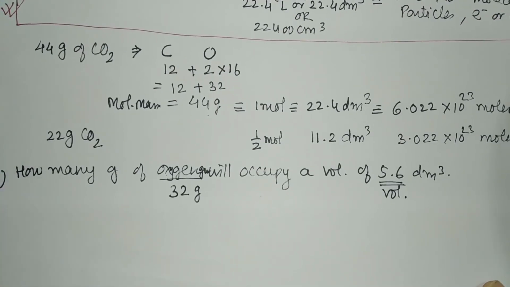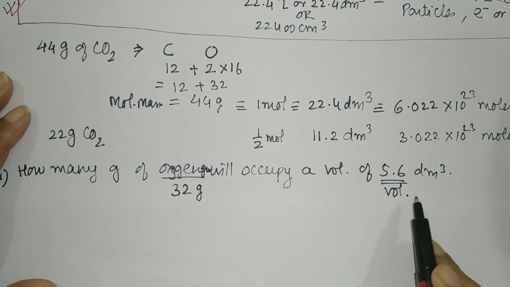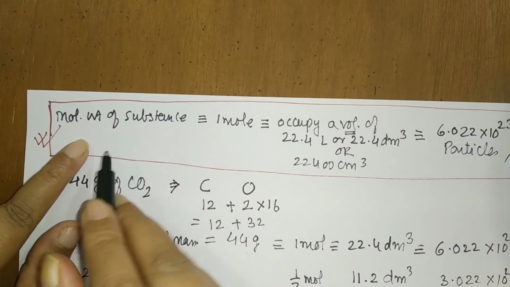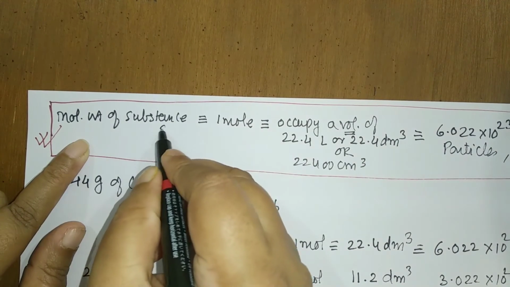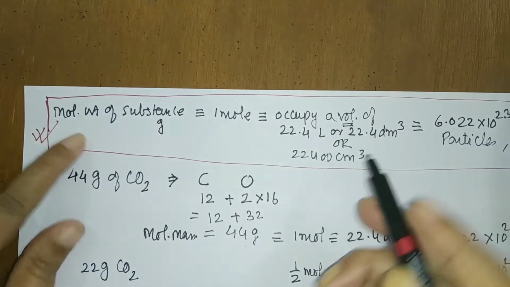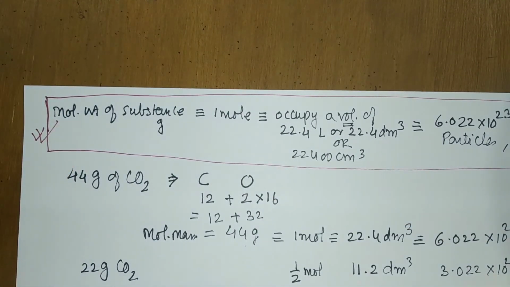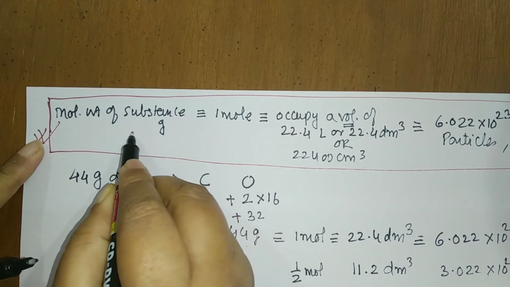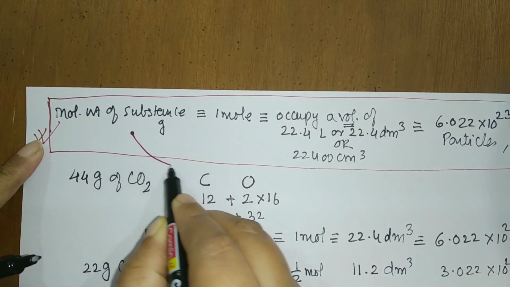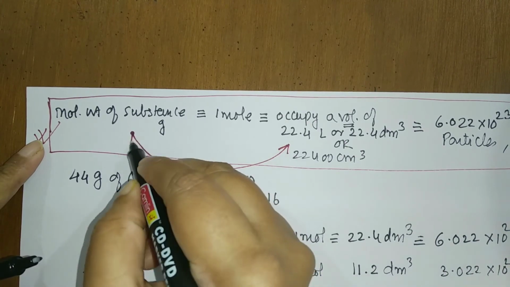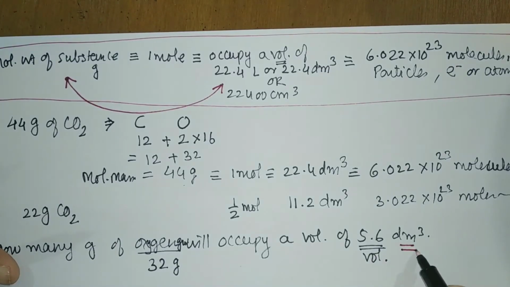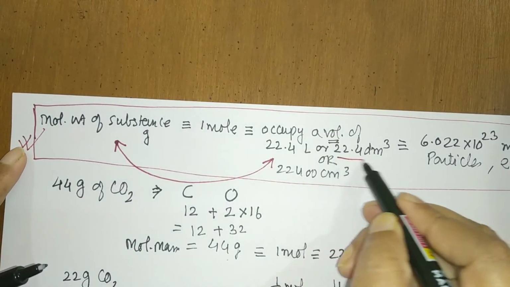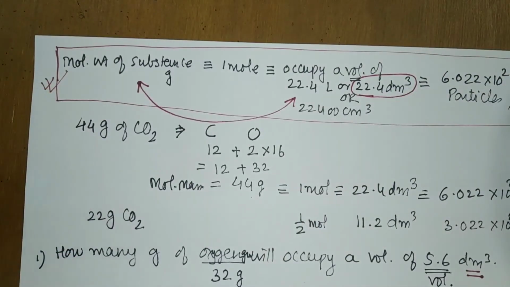So what will be my standard equation? Will be gram and volume. If I see here, which is this molar mass must be in gram and volume is this. So my standard equation should be between molecular weight of the substance and the volume occupied. Now I have to check the unit here. It is dm cube. So I'll be using this value as the standard equation. So what will be my standard equation, student?